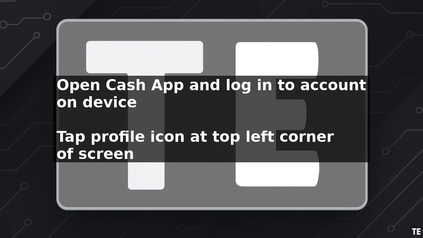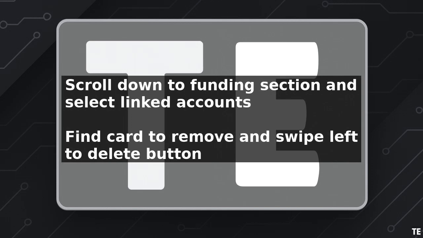This will take you to the profile page where you can access various settings and options. On the profile page, scroll down to the funding section and select the linked accounts option. Here, you will see a list of all the cards and bank accounts that are currently linked to your Cash